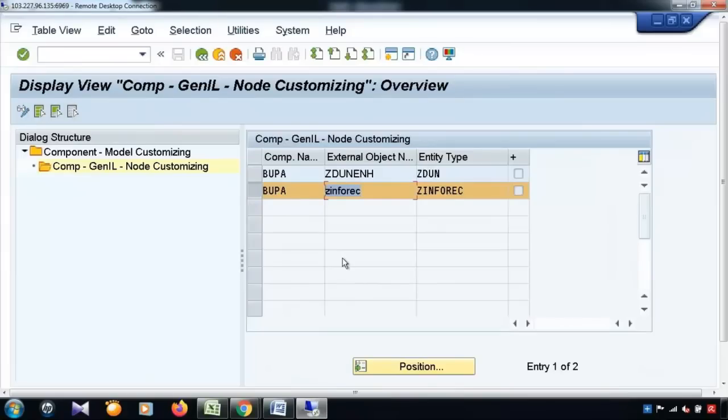All we need to do is add the component name, which is Bupa, and the dependent object name, which is here the Z info record, in smaller case, and